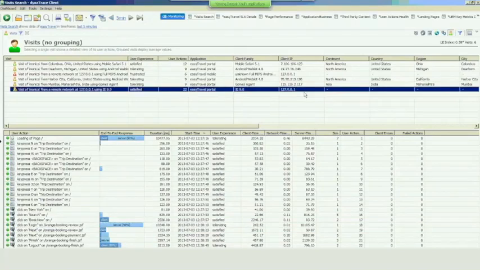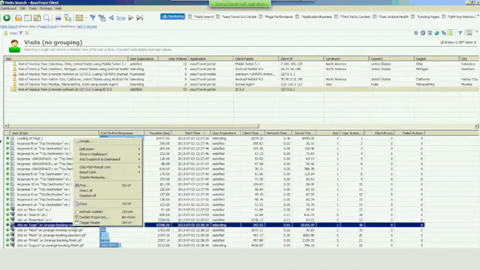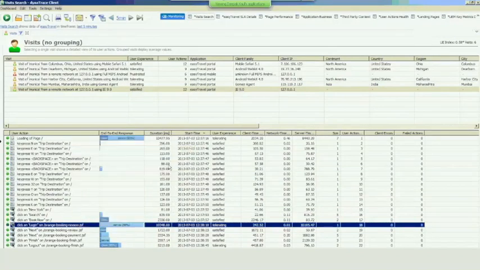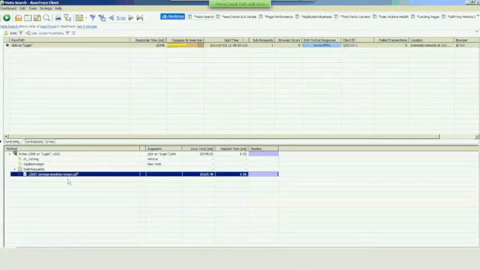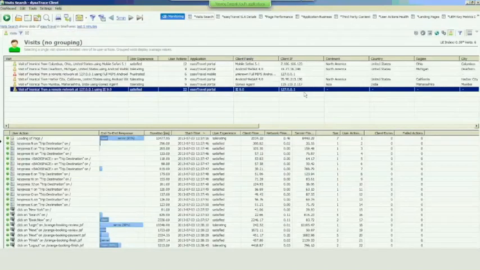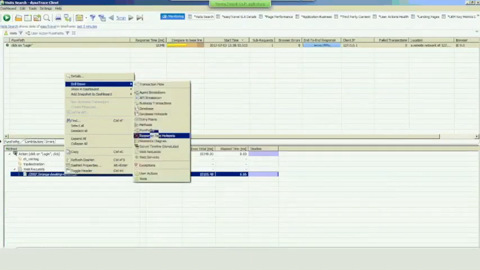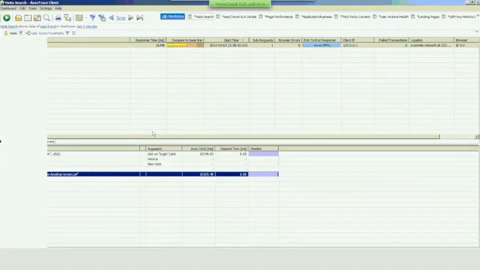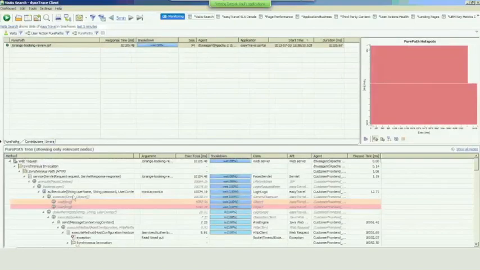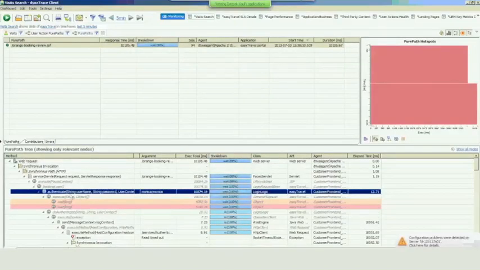So let me look at this particular login and what has happened during this login. I have tried to log in, and this particular orange booking review.jsf is the web request which is taking most of the time. I can simply drill down and look at the PurePath for this, and I can very quickly see that it gets me to the complete stack of code, which shows that for the user Monica, along the authentication, it took her nearly 10 seconds to use the login method.